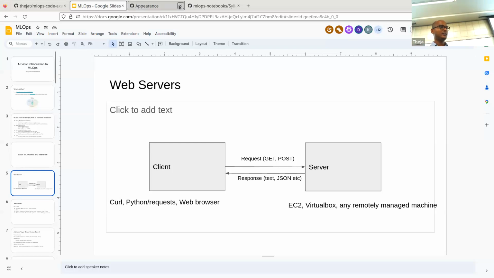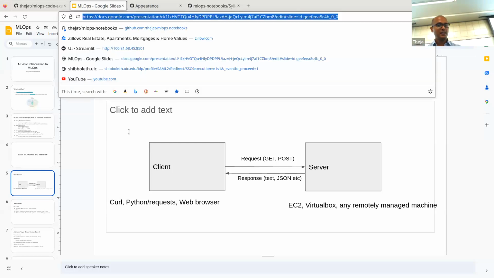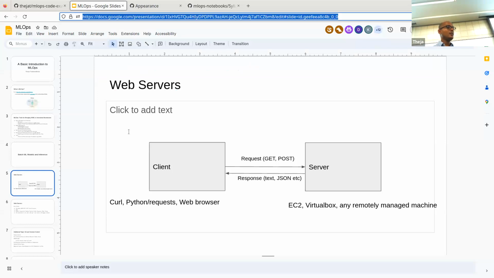like how we did here, right? This URL here. That's our client, our browser client, which has asked for a resource at this location. And the way we ask it is generally what is called a GET request or a POST request. A GET request is like, hey, give me some resource. POST is like, here's some information that you can store. And there are some other extra verbs. I'll not get into the details of verbs, but